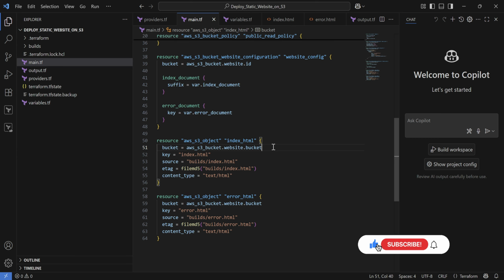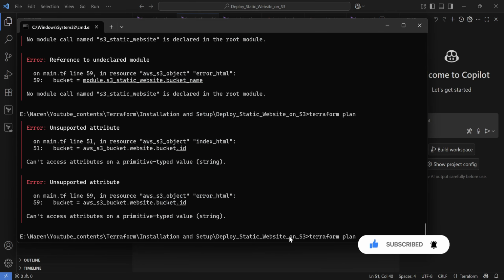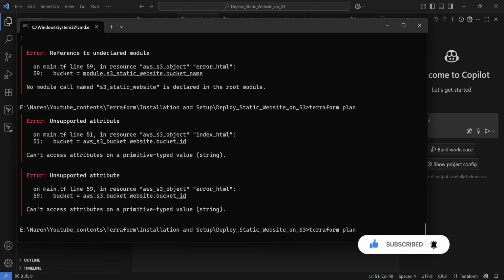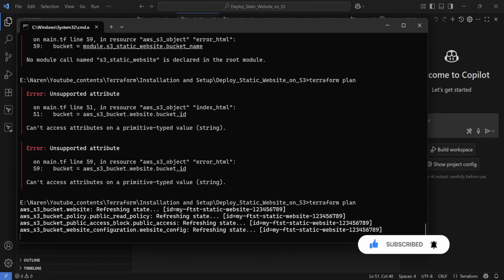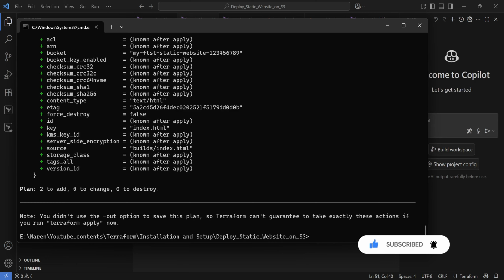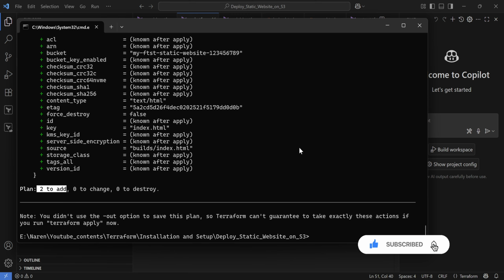This is always great when we are having a live demo, getting the error and fixing it. Probably you will also encounter similar types of errors, and it's a great video when we are discussing error related things. So now we are refreshing the state of the previous run. We already created a bucket, so it has a previous state. We added two things, that means we are uploading index.html and the error.html page in our bucket. So it will say you are adding two more resources.